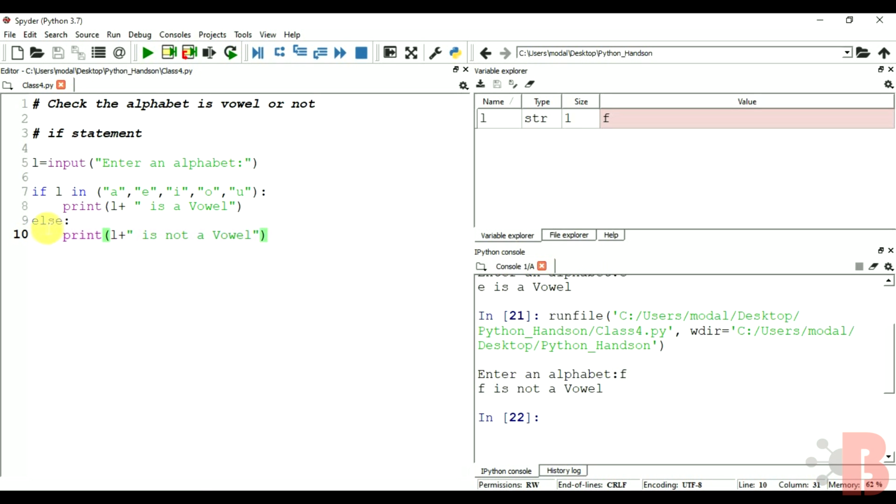Now, in order to add something to this, there is one more letter called Y. Sometimes Y is a vowel, sometimes Y is not a vowel. So then how do we have to mention that? We will create one more keyword here which is called elif. Elif L